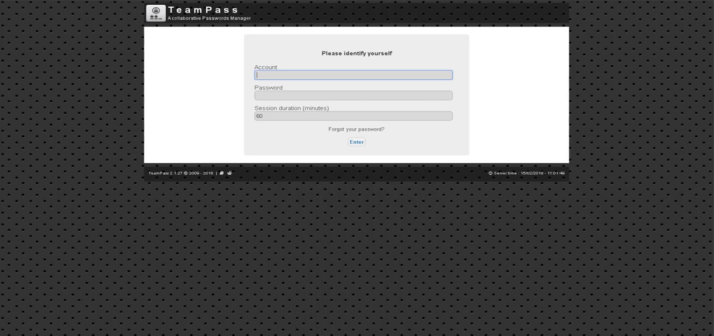We are going to do a little demonstration of the TeamPass application. First thing, what's TeamPass? TeamPass is a Linux Apache MySQL PHP or Linux Nginx MySQL PHP LAMP application that will help you to record in a very safe way all the passwords used in your infrastructure, in your services, in a